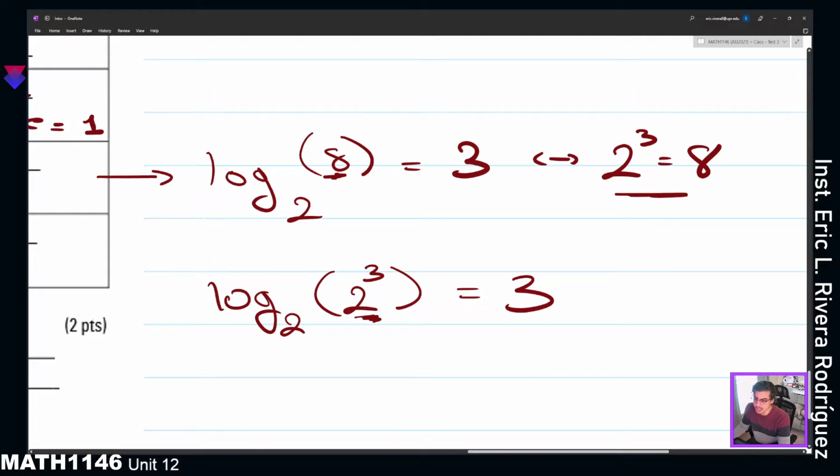We just take the exponent and we put the exponent here in the right side of the equation because it's the result of this logarithmic function. Okay, so in a way you are seeing that we are canceling the logarithmic function with the base of the argument, and we are just taking the exponent. Okay,